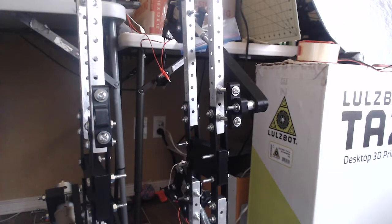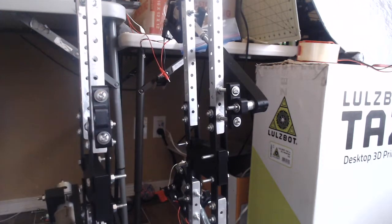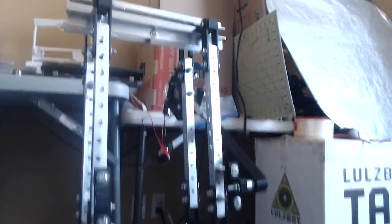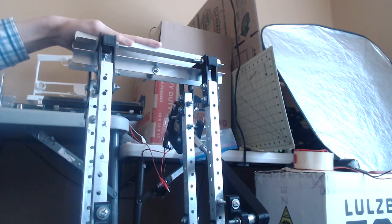Hello again, YouTube. It has been a while since I have done a video on this particular robot. If you recall, this is my bipedal humanoid robot thing. You can see right now this is where the torso of the robot used to be. I've taken that off because I've been doing some more work on it, and I probably will be redoing